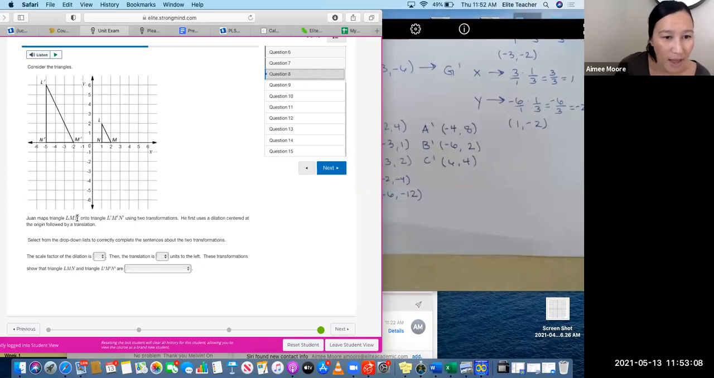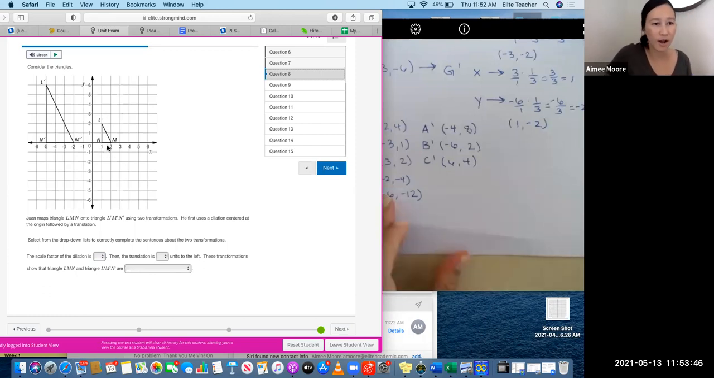Juan maps triangle LMN onto triangle L prime, M prime, N prime using two transformations. He first uses a dilation centered at the origin, followed by a translation. So select from the drop-down list to correctly complete the sentences about the two transformations. Okay, so the scale factor of the dilation. What do we need to do first? What's the scale factor going to be to get this triangle to be the same size as this triangle? 3. It's going to be 3, right? And so first,